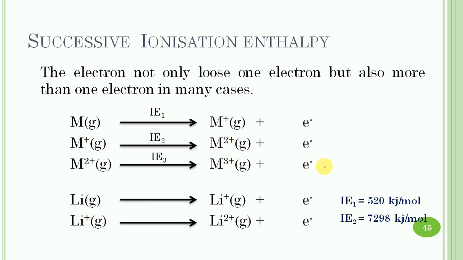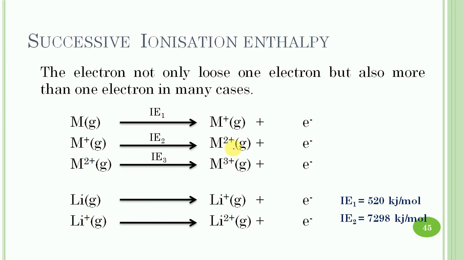Successive ionization enthalpy. The energy required to remove subsequent electrons from the atom in the gaseous state is known as successive ionization enthalpy. The terms first, second, third ionization enthalpy are used, and they refer to the removal of the first, second and third electron